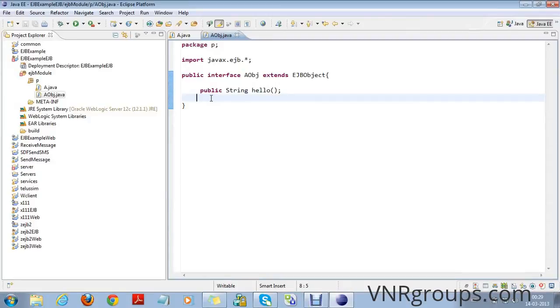Now we create another interface which is called home interface. Home interface will return a reference to the EJB object.